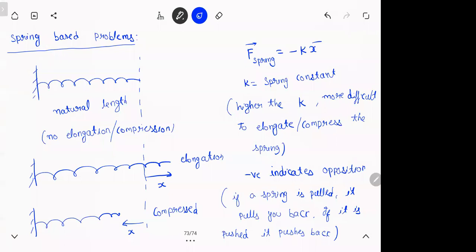How do we use that? I'll show you on the next page. So what is the meaning of k? k simply tells you, the stronger the spring, the more difficult to compress or elongate. Think of it like this. You must have seen a spring inside your pen. That spring is very thin and delicate, so the k value will be very small. If you see your bike, or vehicle, you have the shock absorbers. That is also a spring. Those are very thick. You can see this in bikes like Hero Honda and all. These things have a high k value, so they're not that easy to compress. So that's what the meaning of k is. Put it down.